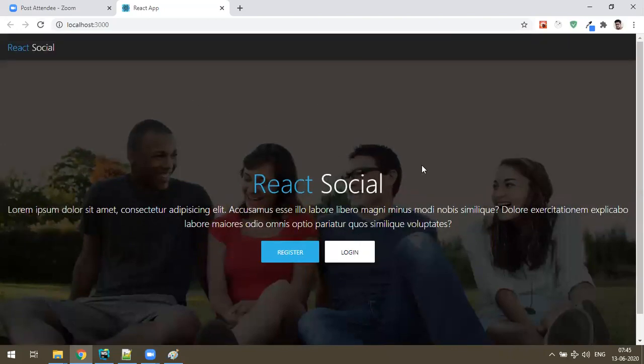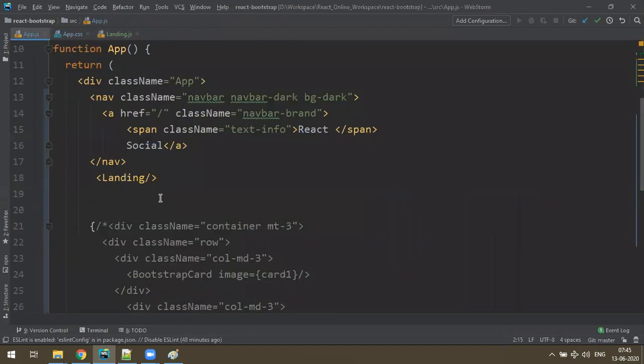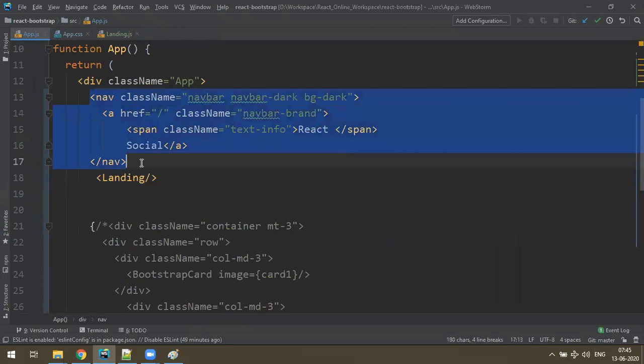See, this landing is one component. Fine. So this whole landing we have used over here, but I wanted a navbar, right? Navbar also I wanted to create as a nice component. I don't want to write navbar just like HTML. I want to take this as another, separate component.